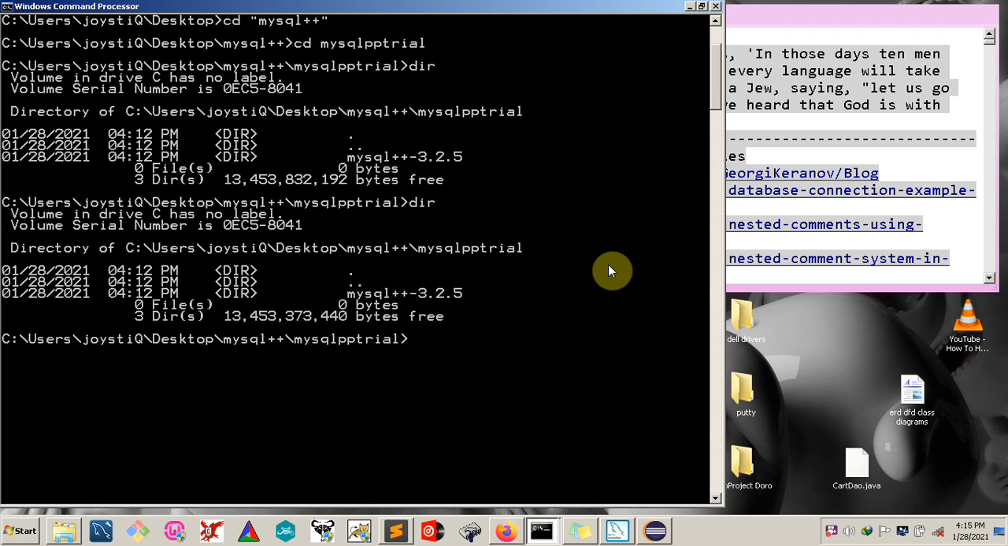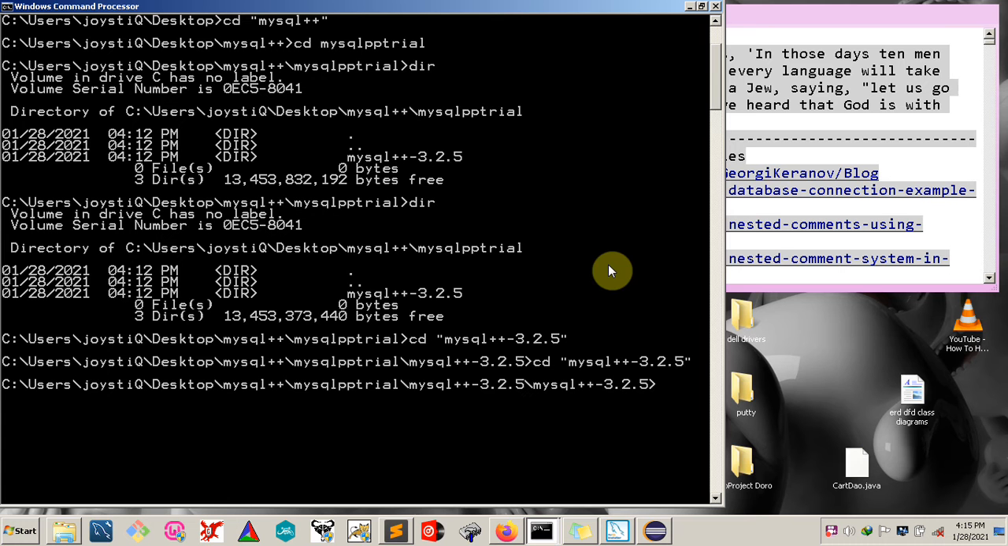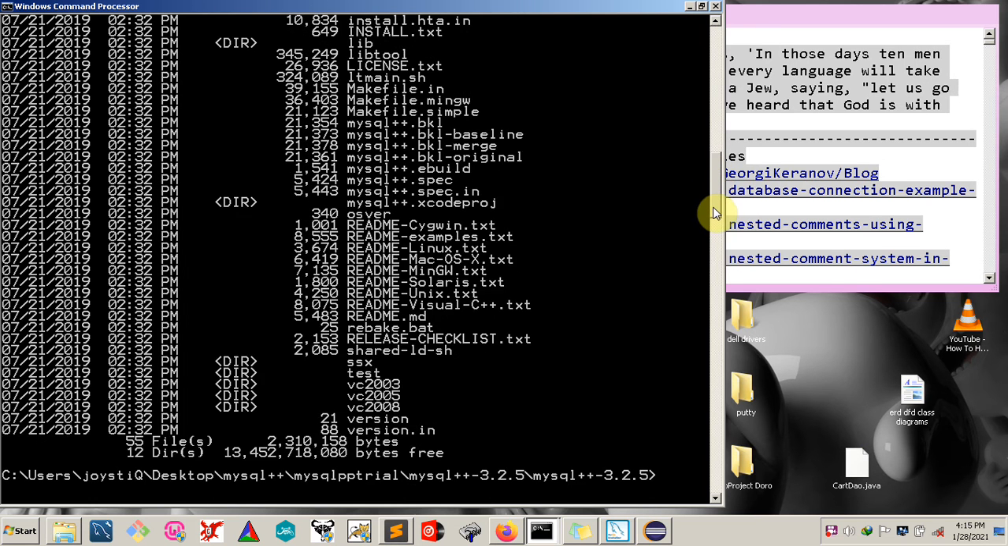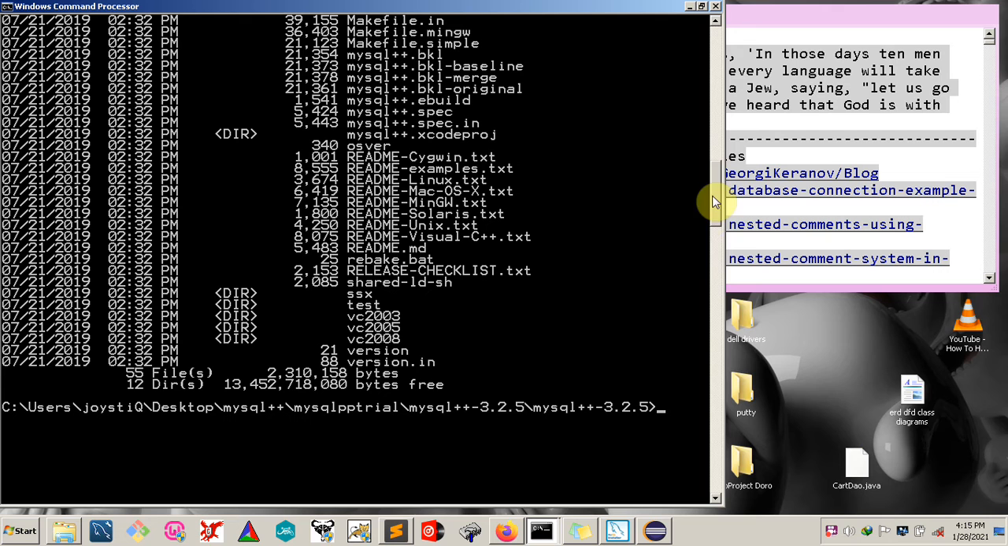I still have a mysql++ folder in there, so I'm going to change directory into that, and I bet there's another one. And now I think I am inside the mysql++ folder. So here I'm going to paste in the line of code that I copied from the README for MinGW,